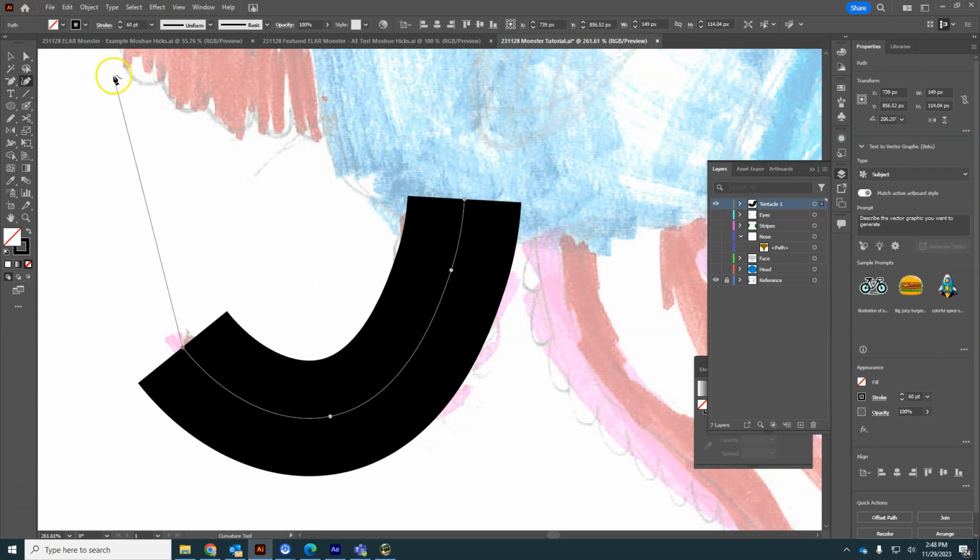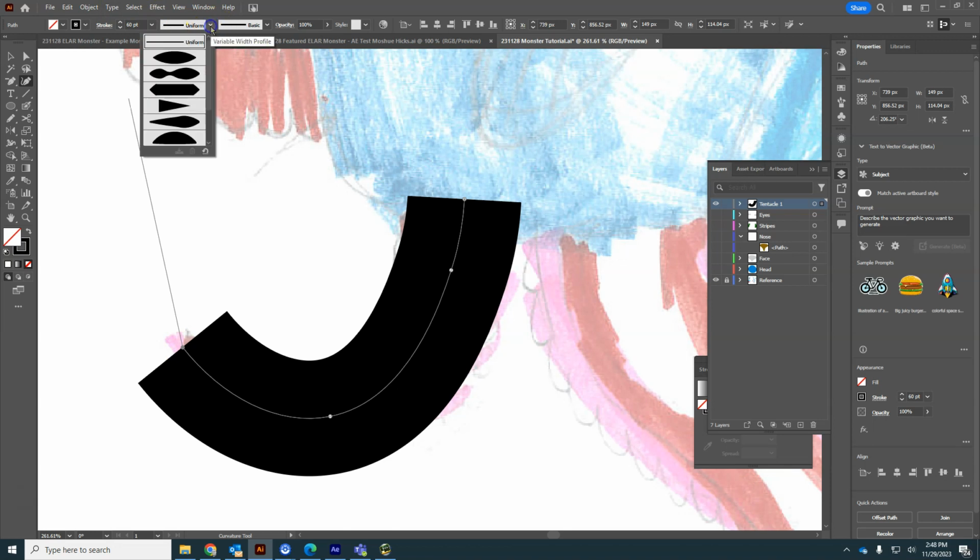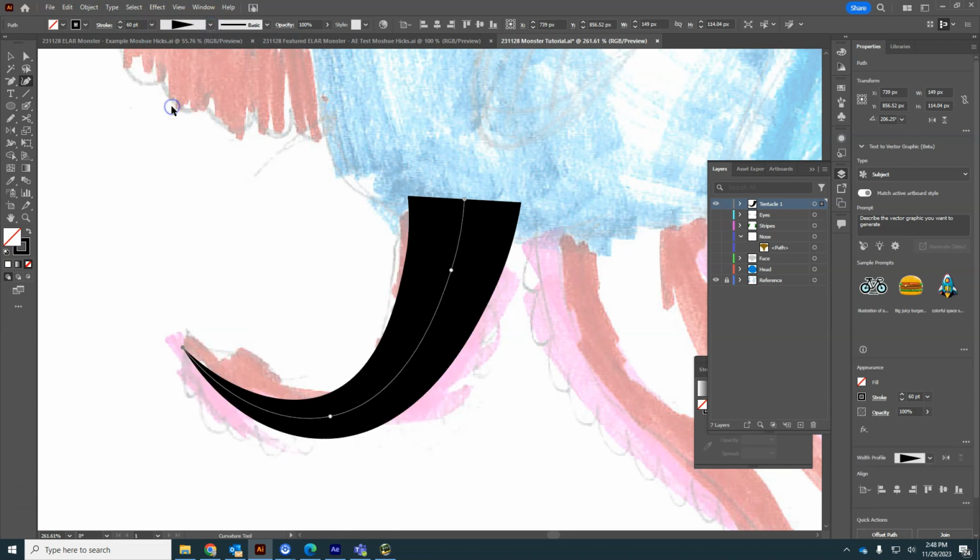So what do we want to do? Well, this is not a very good tentacle yet because we need to change that to the width profile 4. We've used this before, and it will bring that down to a sharp point. Now, in the original design, we have 2 colors. One is red and the other is pink. And I did experiment with having 2 separate shapes kind of overlapping and realized there's a much better way to